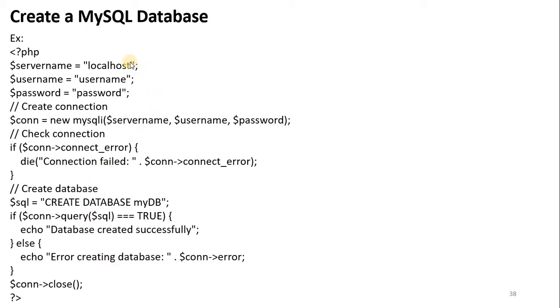Whatever you do, first you need to establish the connection; this is mandatory. I explained this in the previous slide: this is the server name, this is the username of the database, and this is the password of the database, and this is how you establish the connection. Then this is how you create a database. CREATE DATABASE is a query used for creating a database, and MyDB is the user-defined database name. Remember, whatever query you write is stored in this particular variable, and then you are supposed to execute the query. You have a function called query, used for executing the query.